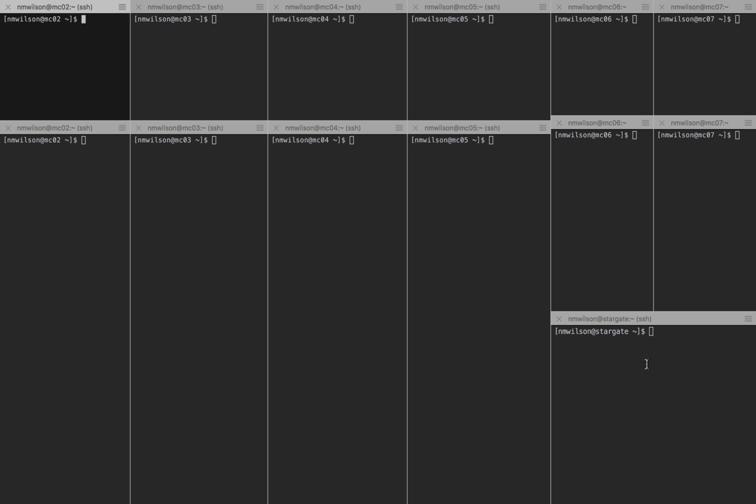I have these 13 open terminal windows, 12 of them open to 6 different microcloud nodes, one of them open to Stargate. These windows across the top will be running the actual Java servers. These 6 across the bottom middle will be showing the respective logs of the node above them, and I'll use this